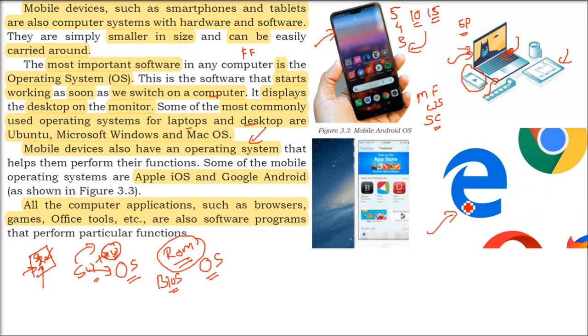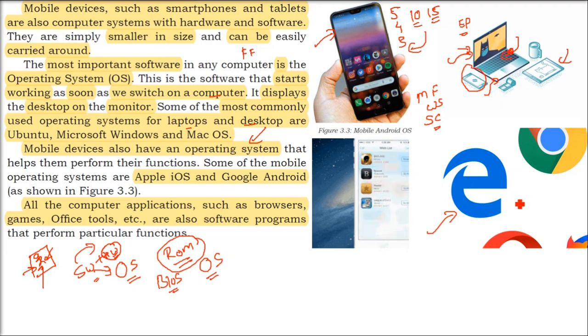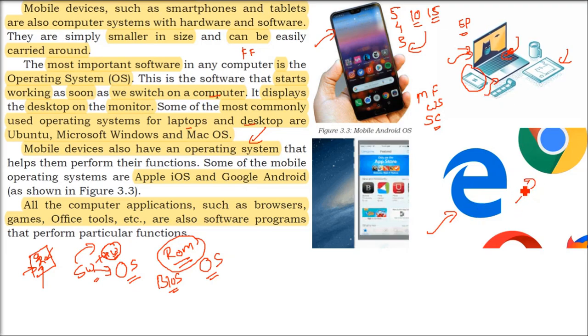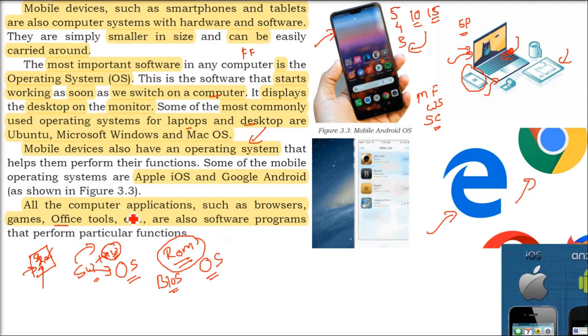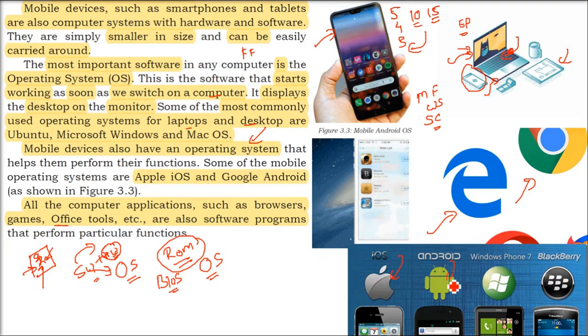All computer applications like the browser, games, and office tools are software programs. As I said, an operating system is also software, but it is the biggest software. And the operating system is an interface between your hardware and software. So whatever you do today on any computing device, these are mere applications of software which are running on a certain operating system, which in the background is controlling the hardware to give you output.